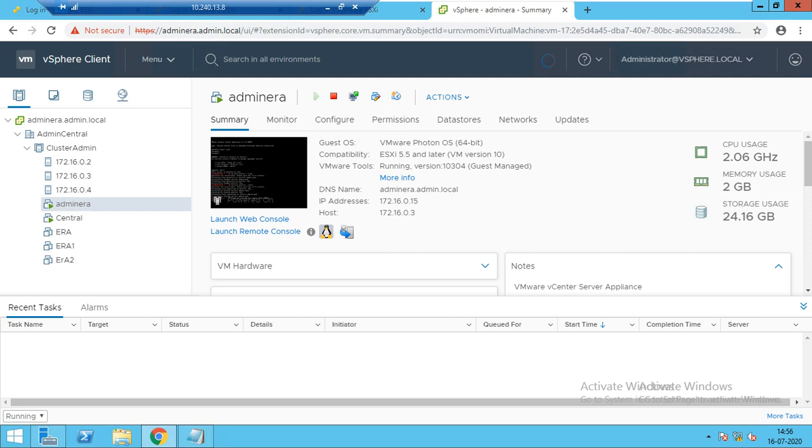After a moment, the virtual machine will have the snapshot. You can see, I'll show you. You just right click, it is running, so we'll wait till the snapshot completes.